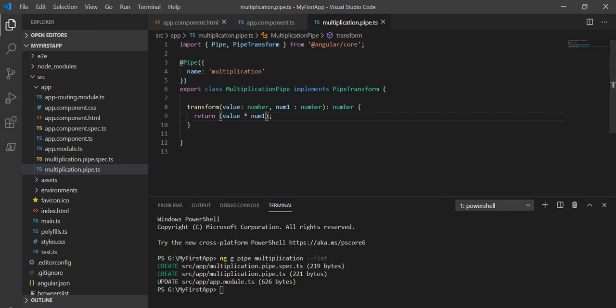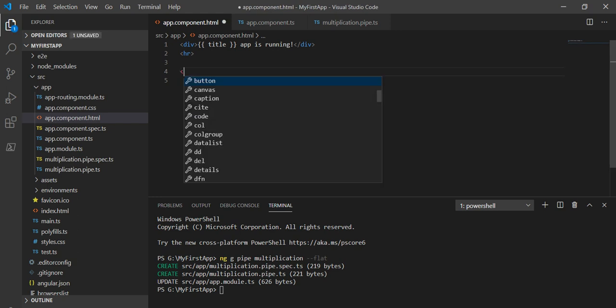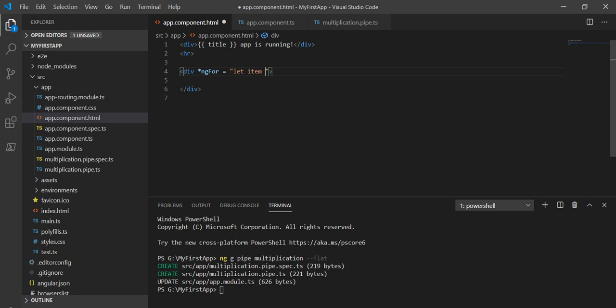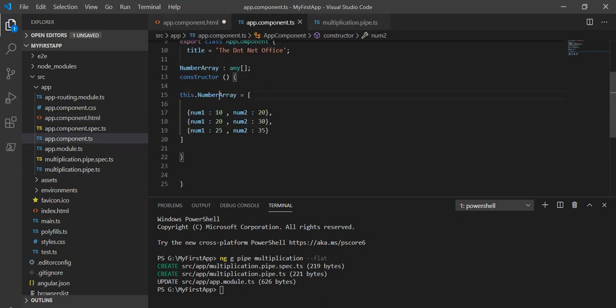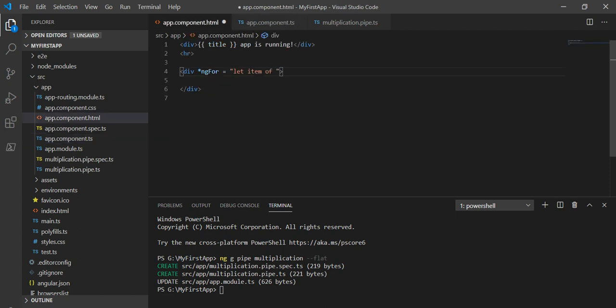Now in the HTML page I will take one div and make a loop over the given numbers. For that, *ngFor equal to let item of, and we take the array which we declared in the ts file.